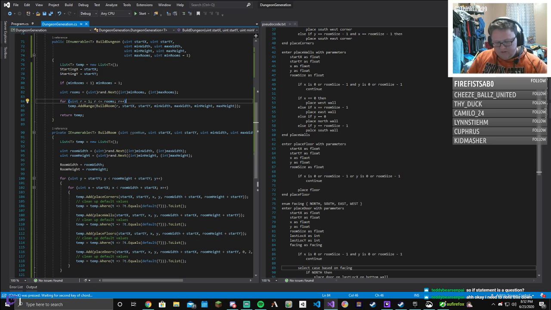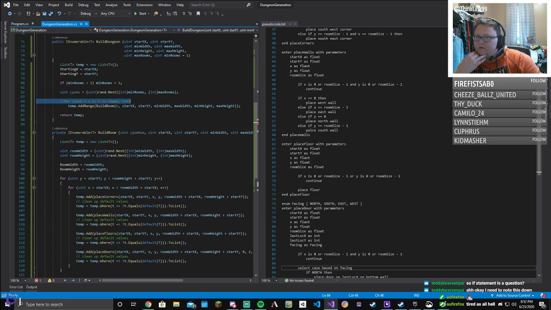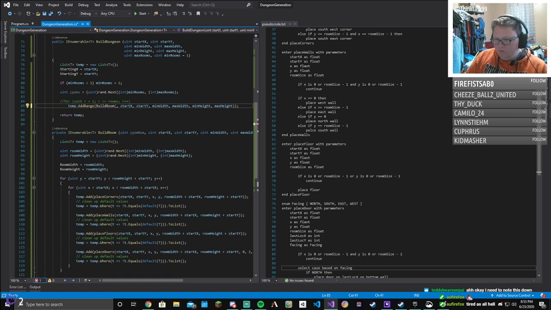So let's ditch this for statement. We don't want to loop through that way. We would want to go in a fractal style, like I said. Tired as all hell. I understand that feeling. And build room, we'll start with room 1. So it's fractal, so this could be a recursive function. And we give it the